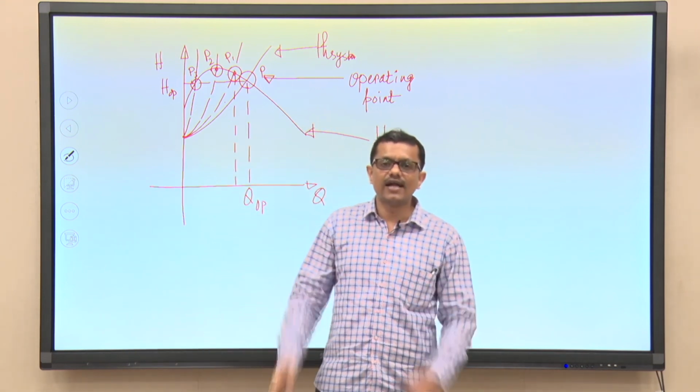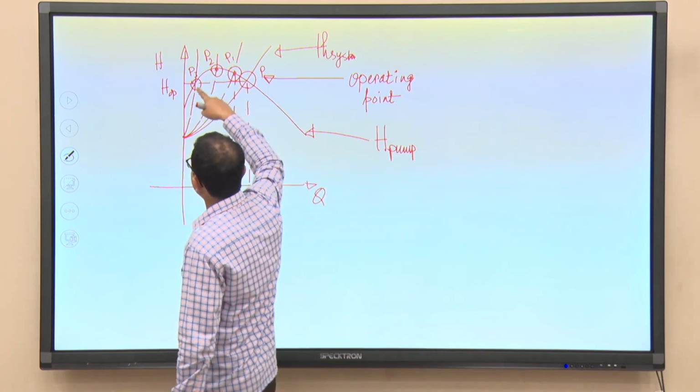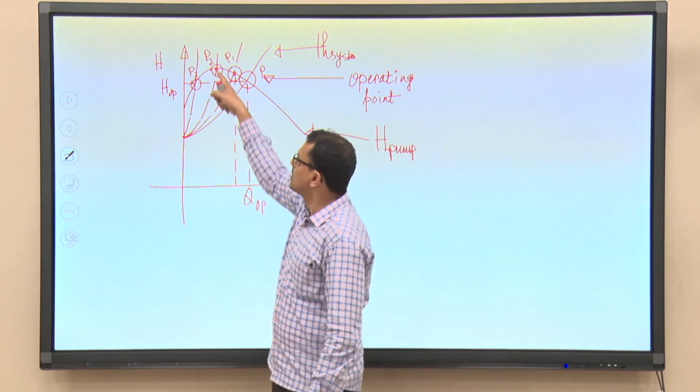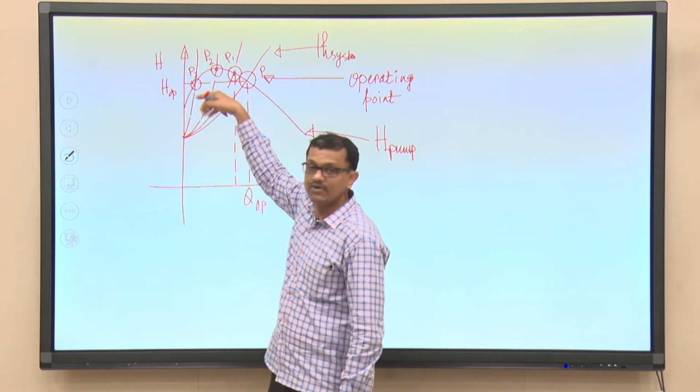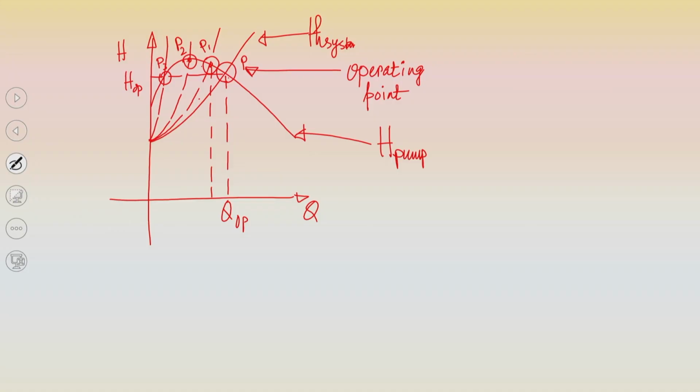And to avoid that, what is done? Instead of having this kind of initial rising trend and then further falling, that is the pump's own HQ characteristics, if we somehow can eliminate this part, then perhaps this problem can be eliminated. So, if instead of having this part, the curve is like this, right. Instead of the earlier one, if the pump's own characteristic curve can be represented by this green line, then perhaps this problem can be eliminated, okay.